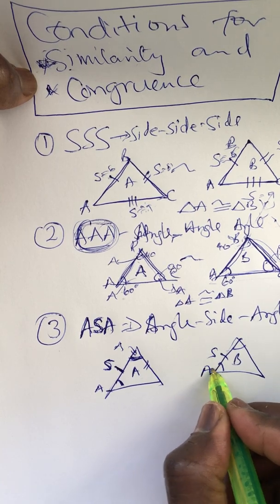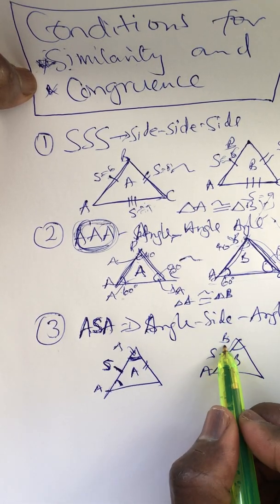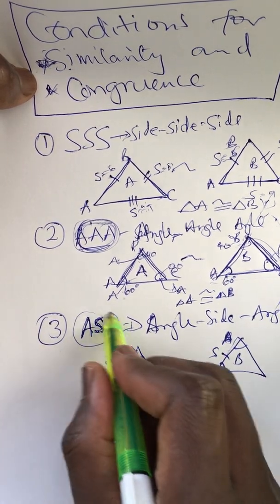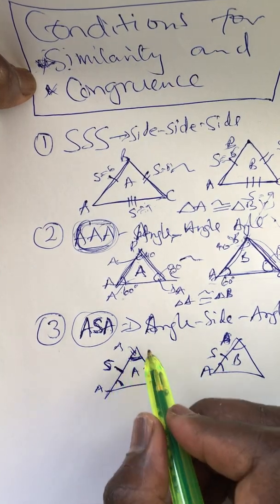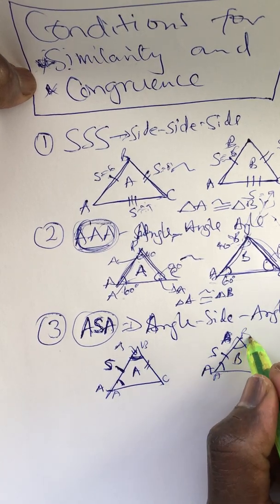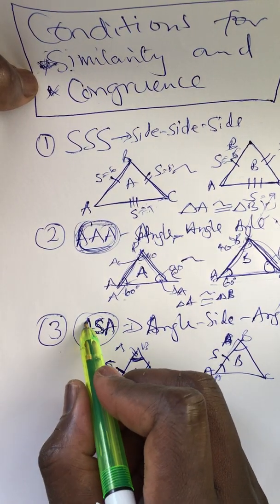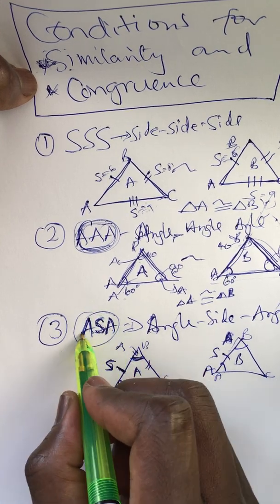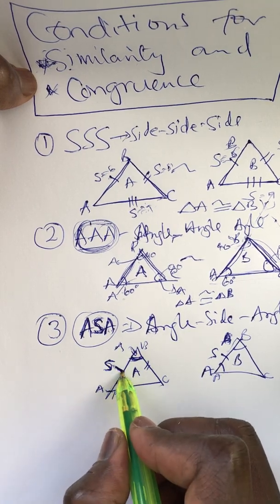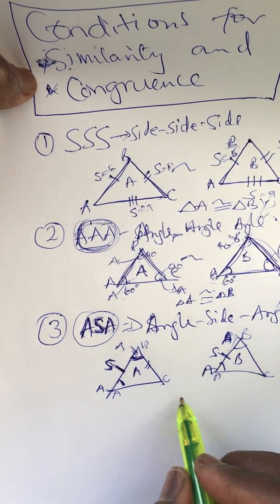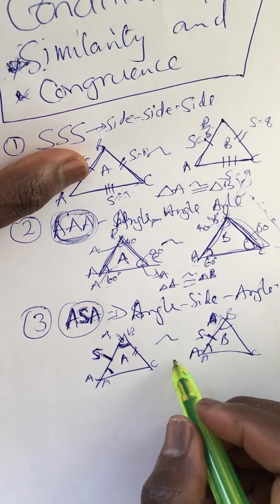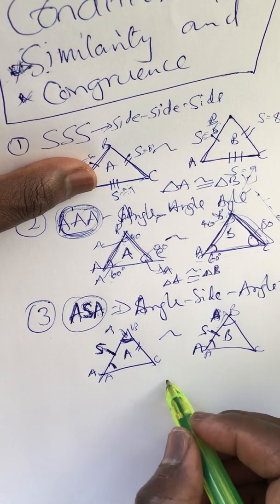Let's say angle A, angle B. Now, let's say A, so that we maintain the rules ASA, but obviously this is triangle A, B, C, triangle A, B, C. ASA means two angles and the close side in the middle. So two angles and close side, and two angles and close side there. So we can say that if two triangles possess this common feature, then they are in fact similar and congruent